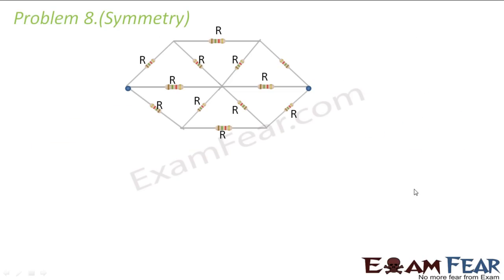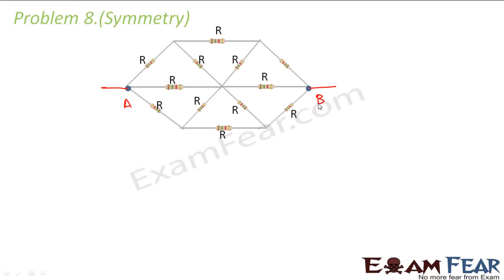Let us look at some other problem. This problem is based on symmetry. If you look at this circuit, this also is a very complicated circuit with too many resistors, and you have to calculate the equivalent resistance of this circuit between these 2 points A and B. Now here we will use the symmetry method. In the symmetry method, what we do,